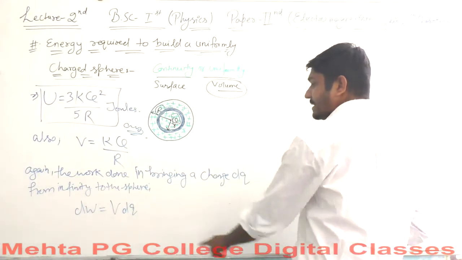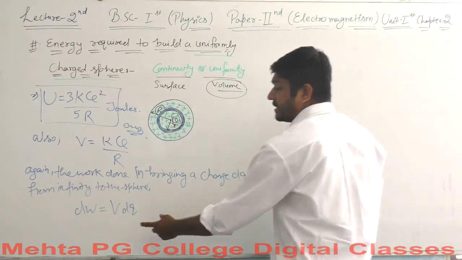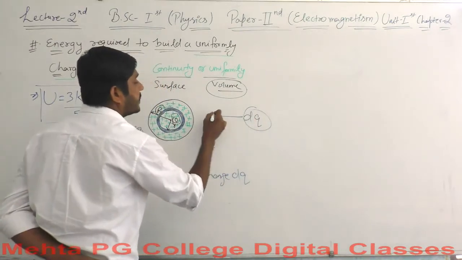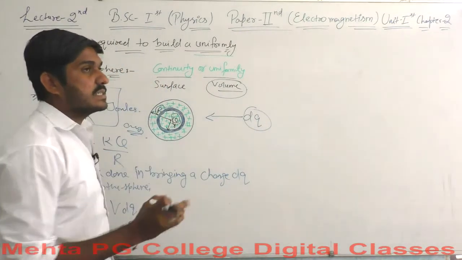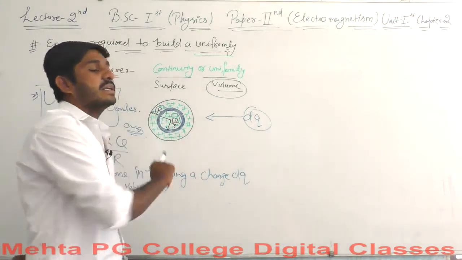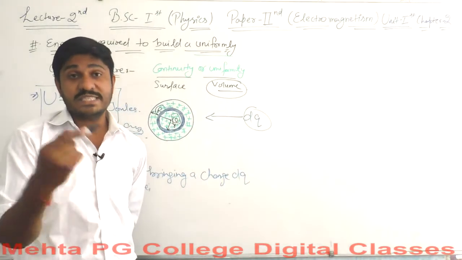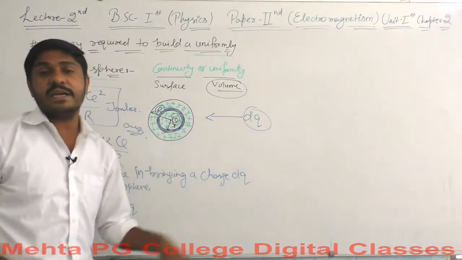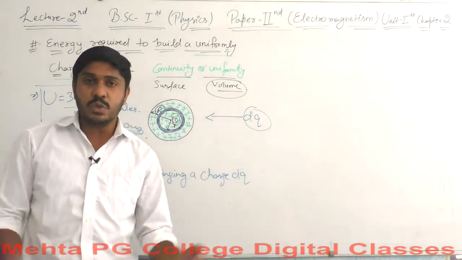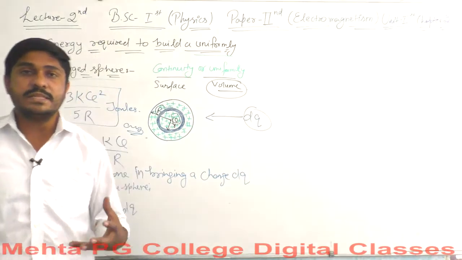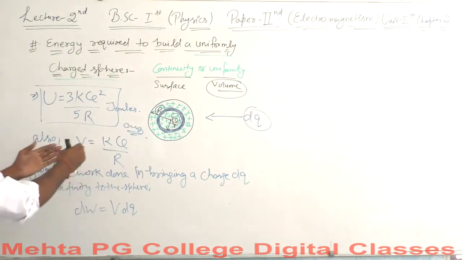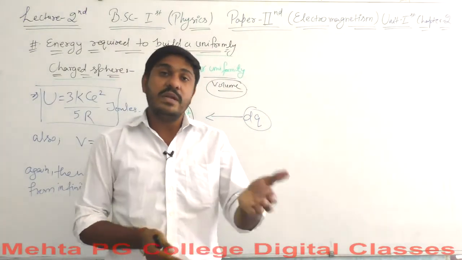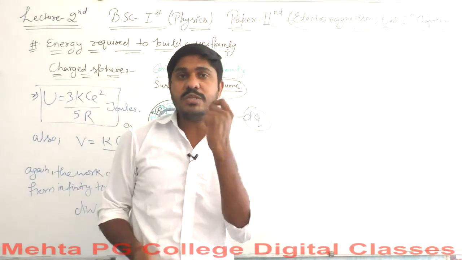Okay. So this is the dW, and when we bring another charge dQ onto this spherical shell, say there is some kind of gas discharge over this charged spherical shell, what should be the change in the energy? This is the proper energy we need to build a uniformly charged sphere, but in environmental or laboratory disorders, complications can happen where we need more energy, or we can have less energy. So let's find out what the change in the energy should be.